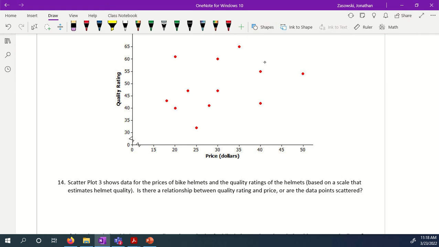I can draw a line that models the data, somewhere in the middle here. You could say it's right about there. It sort of models this, but the points are so spread out that they don't actually form that line. Okay? So we'll say yes, there is somewhat